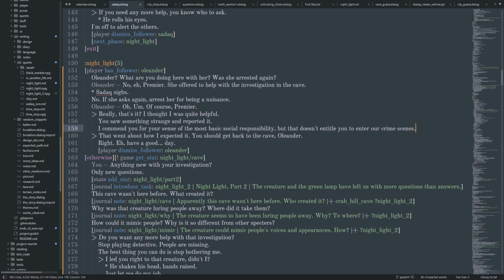So, she offered to help with the investigation in the cave. I think actually